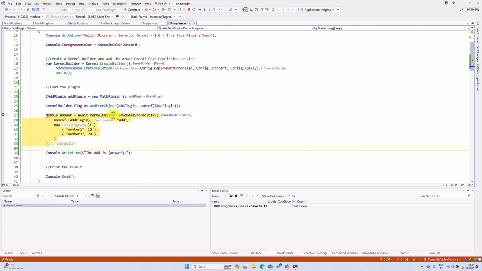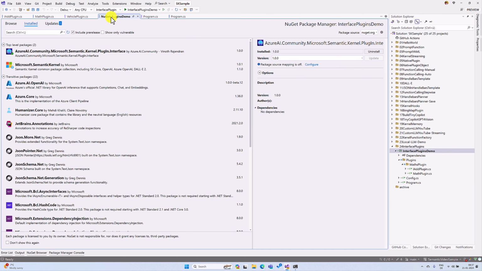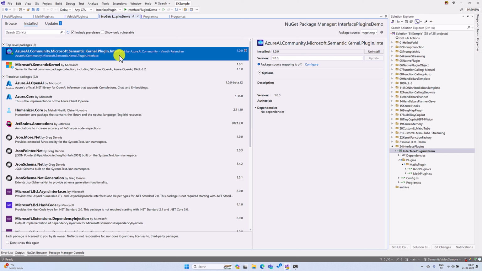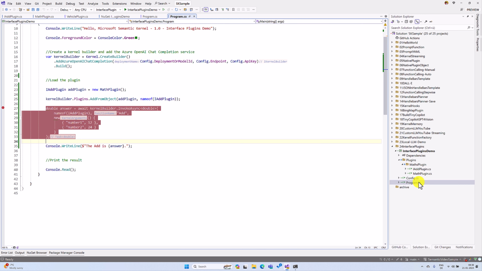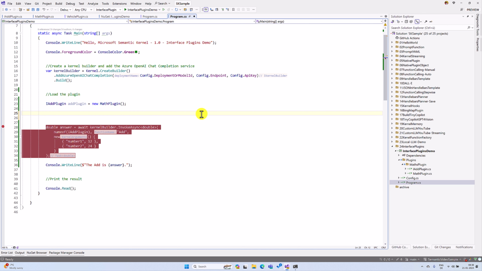To fix this, I stop the application. I have created one package called Plugin Interface. If you go to the NuGet server, you can search for it: Azure Community Microsoft Semantic Kernel Plugin Interface. Once the interface has been implemented, we should not use AddFromObject like this. I remove this one. Instead of that, we have to use